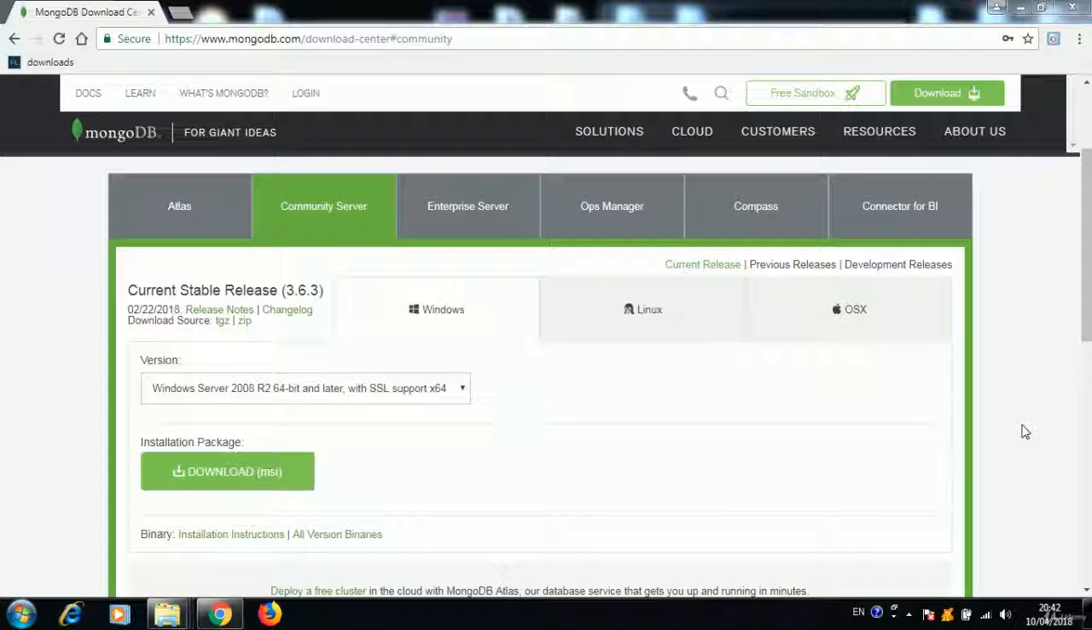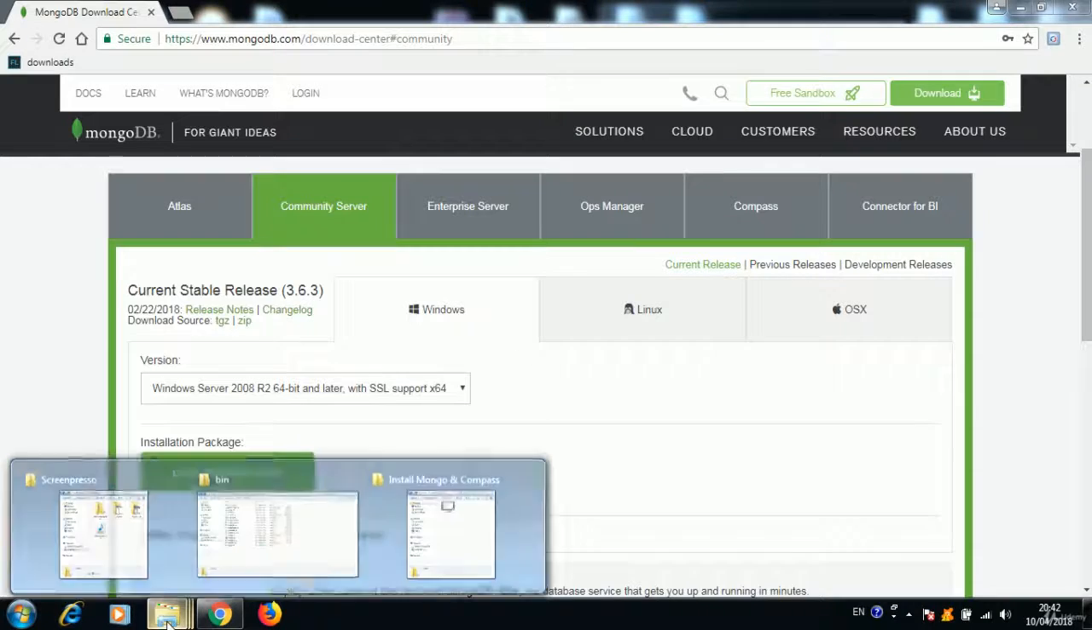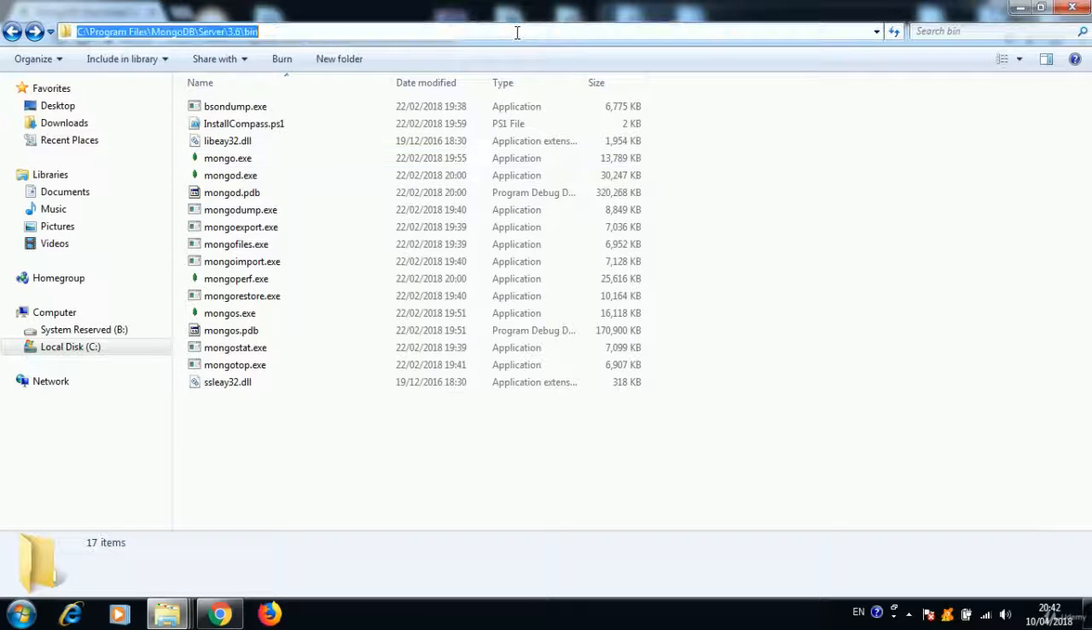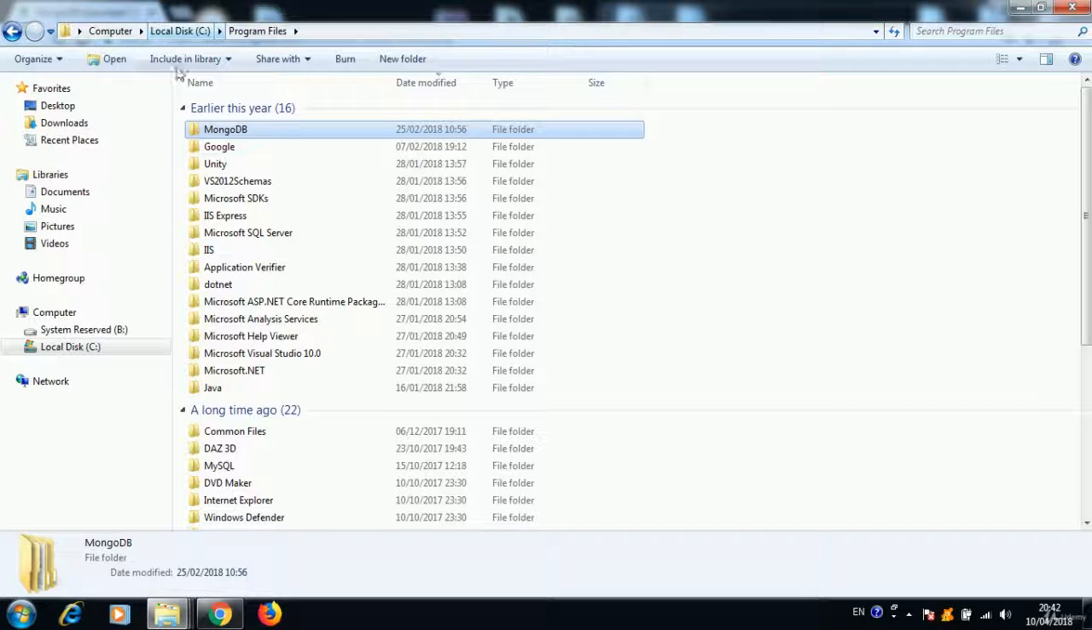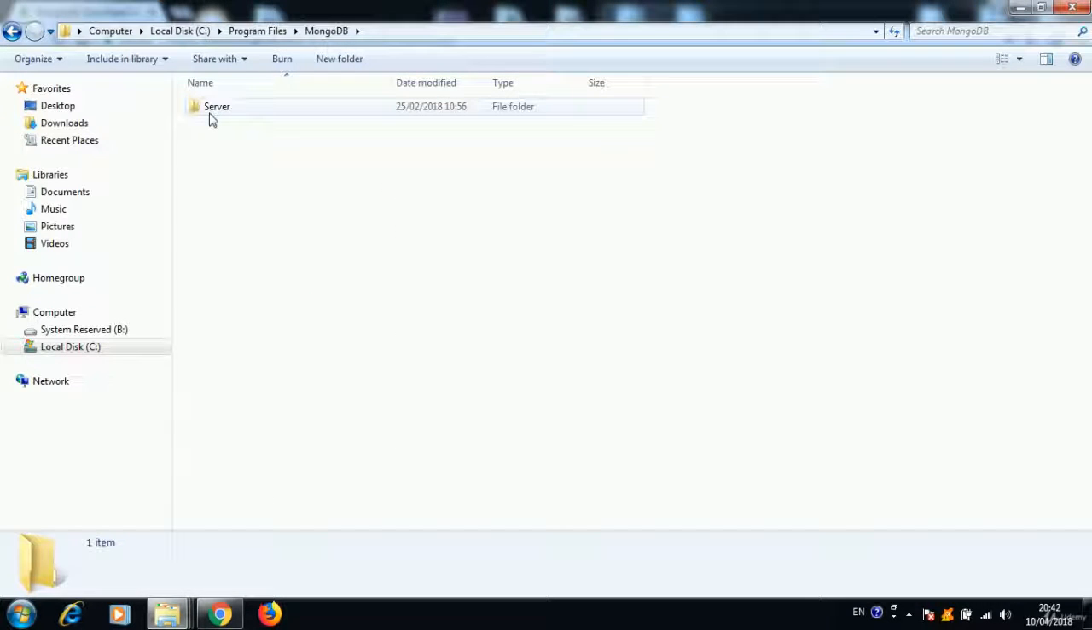After download has completed, let's check that everything works fine. So let's go to our Program Files folder. Inside our Program Files folder, a MongoDB folder was automatically created. Double click on that, and inside you are going to find another folder named server. Double click again. Inside is another folder, 3.6, which is the version, and inside you will find another folder named bin,